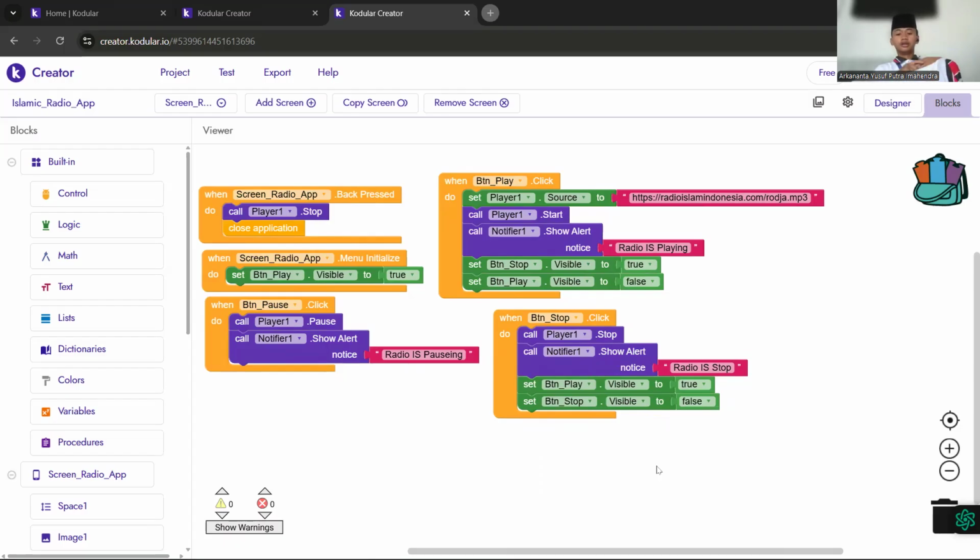Okay, so this is for the code. This is the result of the radio app, the Islamic radio app.